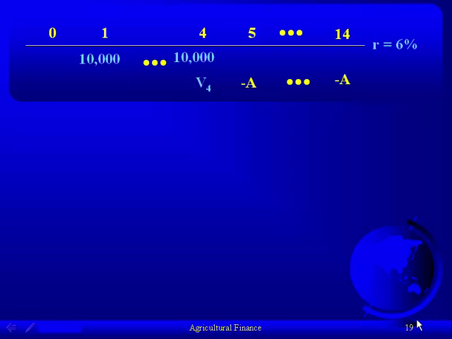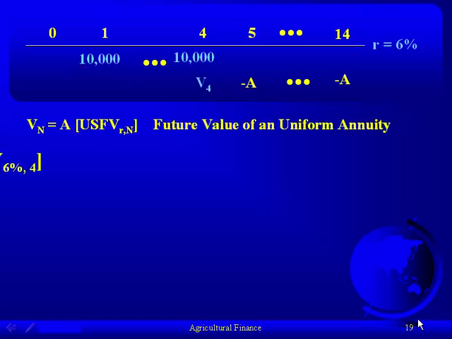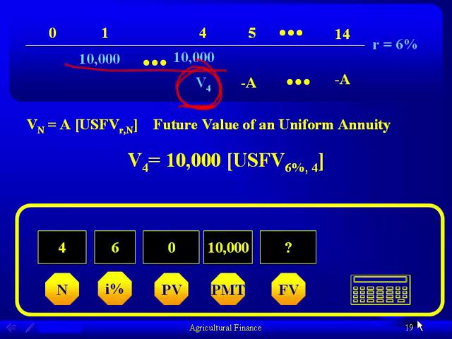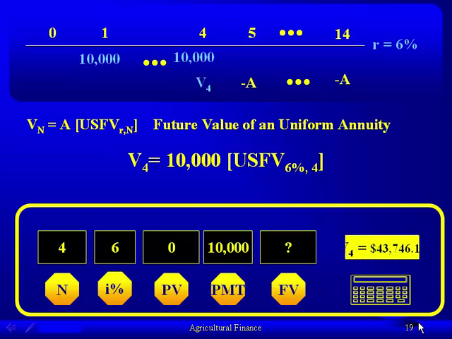We agree that he's going to borrow $10,000 at the end of each of the next 4 years. And what we want to know is how much will we owe the bank upon graduation? Which formula do we use to solve this V4? Okay, it's a future value of a uniform series. Our annual amount is $10,000. We're going to pay 6% to the bank. There's 4 payments. We plug that into our calculator, 4 N, 6% I, zero out the present value, 10,000 payment. And what we see is that we would owe the bank at the end of graduation